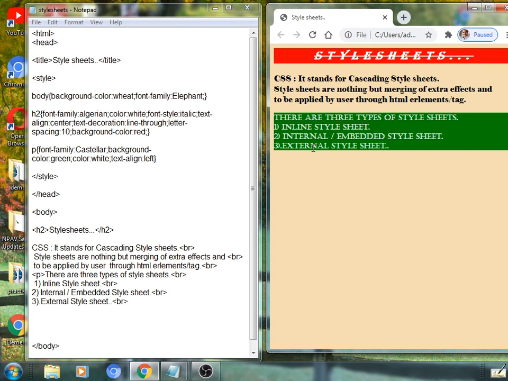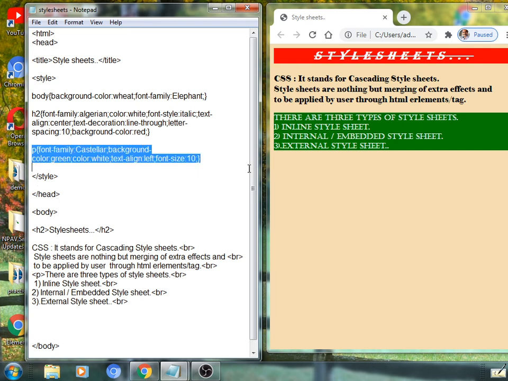Font size also we can apply. See here, font-size: 10. In the selector P, I have given font size as 10. So this effect will be applied and displayed in this browser window.